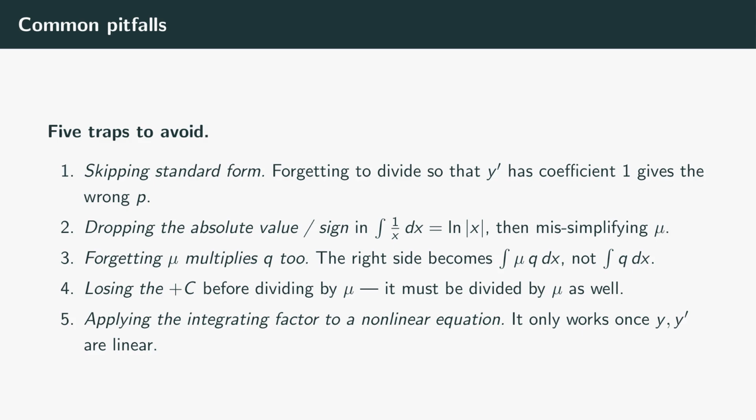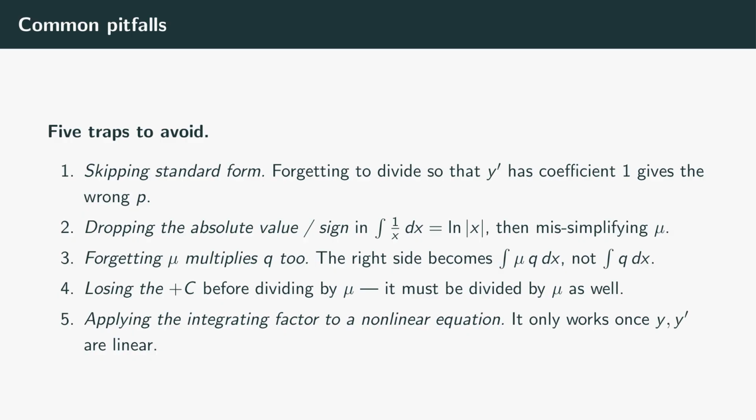Before the history, a quick tour of the 5 places people lose points, because every one of them is avoidable. First, skipping standard form. If you forget to divide so that y prime has coefficient 1, you read off the wrong p and everything downstream is wrong. Always standardize first. Second, sign and absolute value slips. The integral of 1 over x is the log of the absolute value of x, and mishandling that botches the